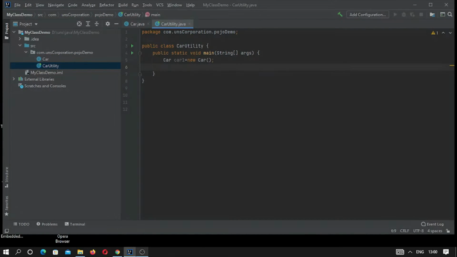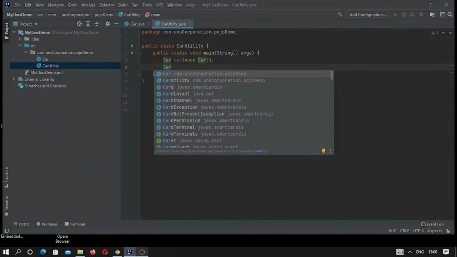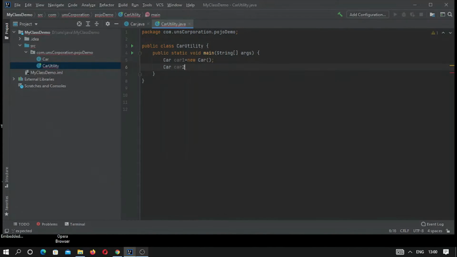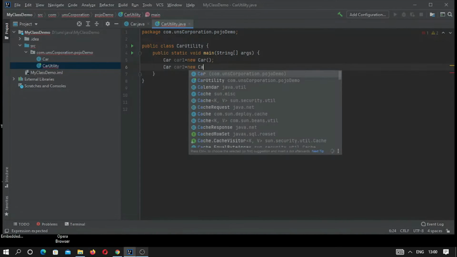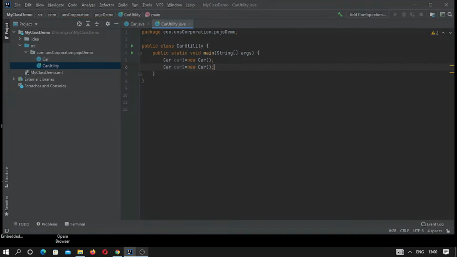And let's create another car, car2 is also a new Car. We haven't created a constructor for this Car class, so this is the default constructor already created by Java.